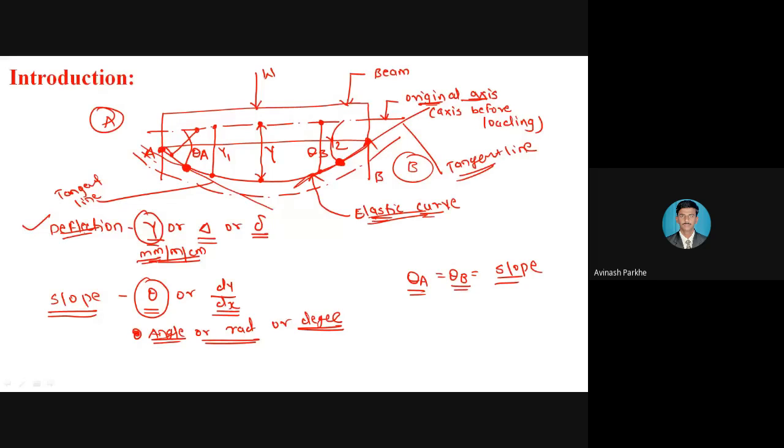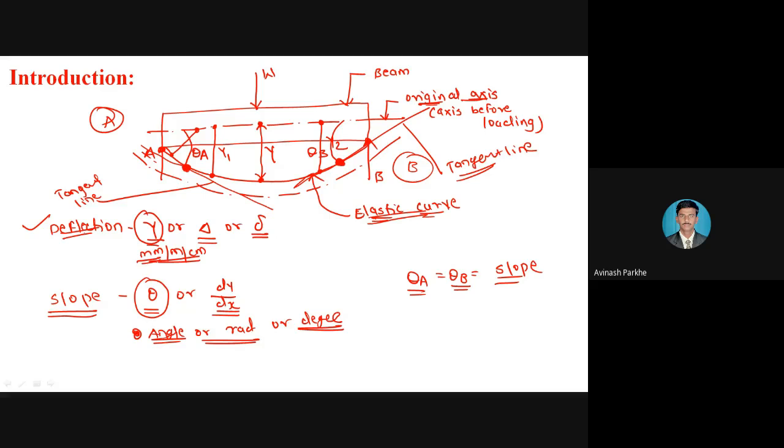Because sometimes, many times we have to calculate the bending moment, many times we have to calculate the bending stress, shear force. In addition to that, sometimes how much amount of beam is deflected in the downward direction due to the loading. Because bending moment is the another parameter. It is calculated in Newton meter or Newton mm, but the deflection is calculated in mm. So that distance also we have to calculate.